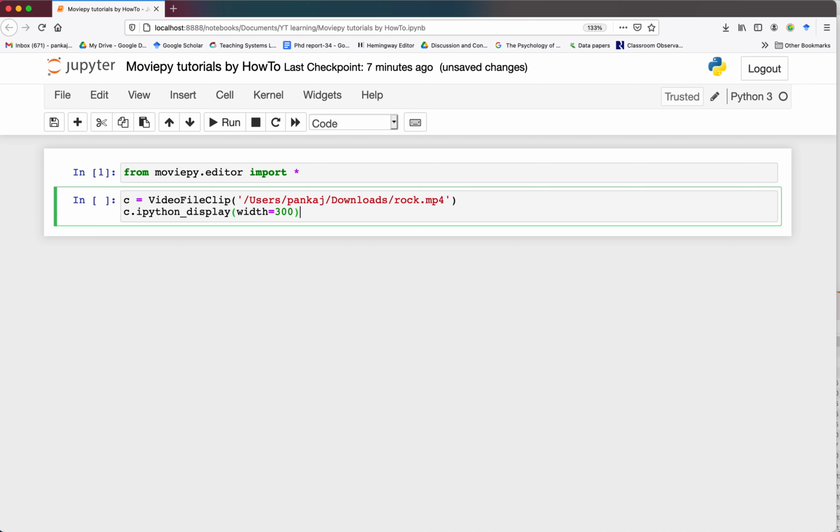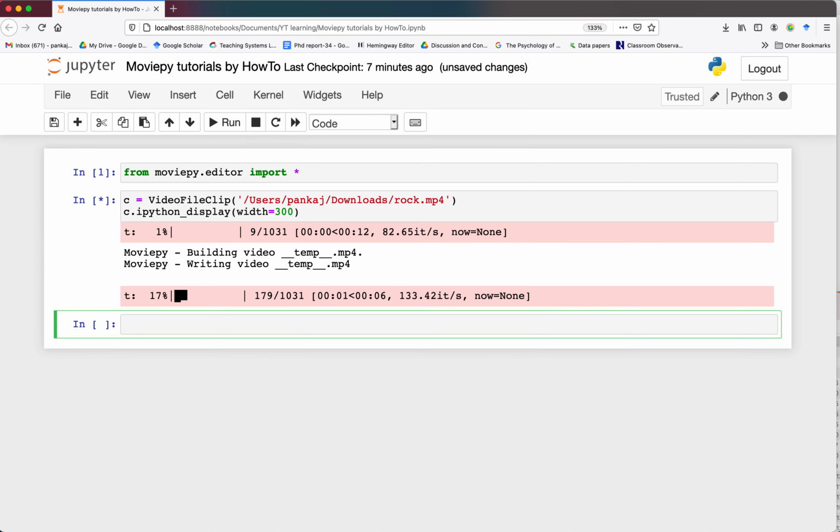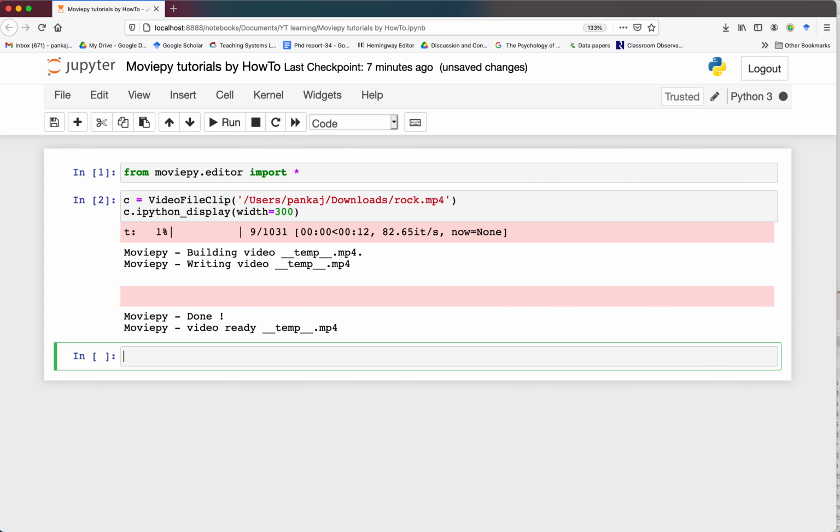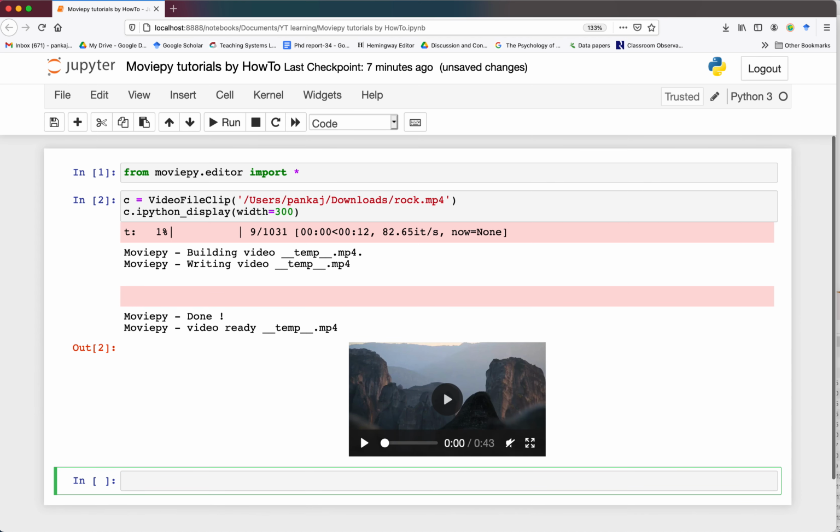If you are new to Jupyter, in order to execute the code written in this cell, you can either click on here or simply press shift plus enter. So here we have our video